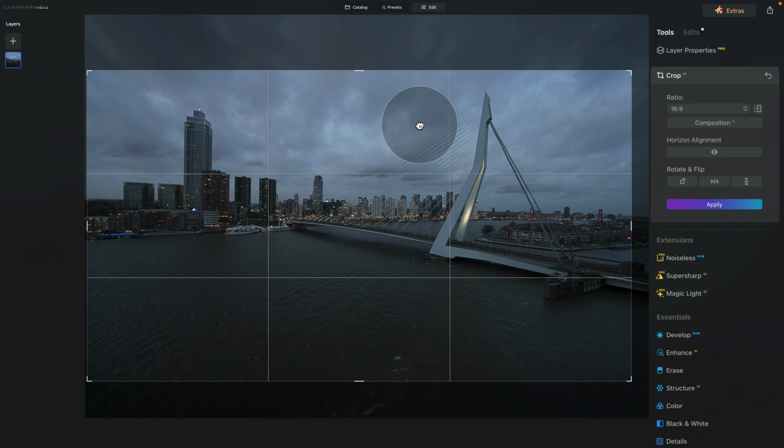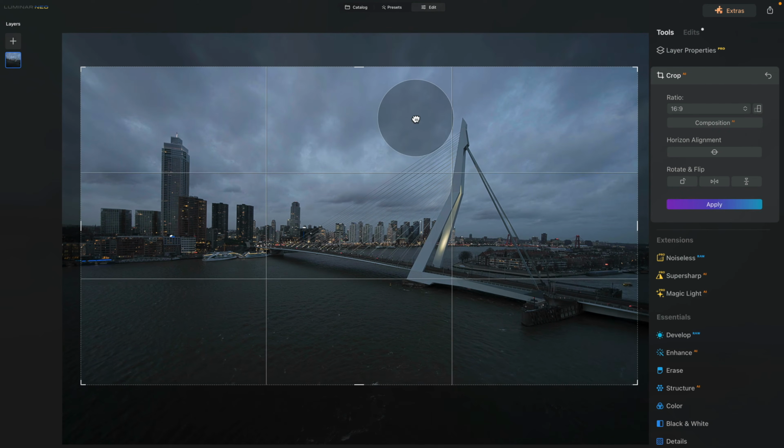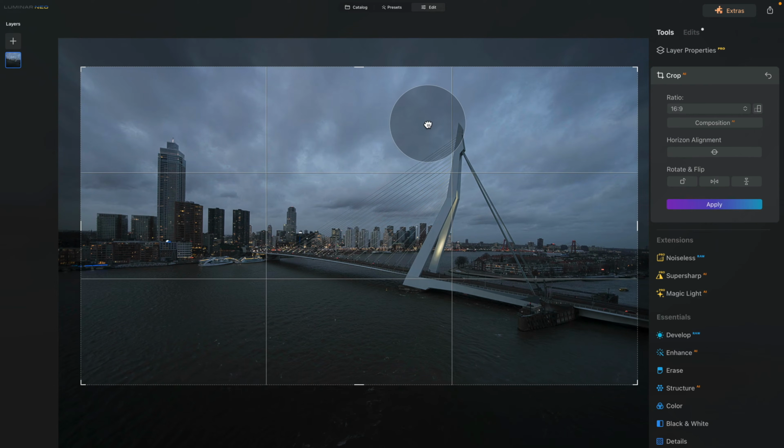When you hover over it, you can adjust the crop and its position, and I think just something like this is looking quite good. We're going to use the rule of thirds to our advantage and place the bridge on the connection of these little lines here. Now looking at the image and the buildings, they are tilting a little bit,